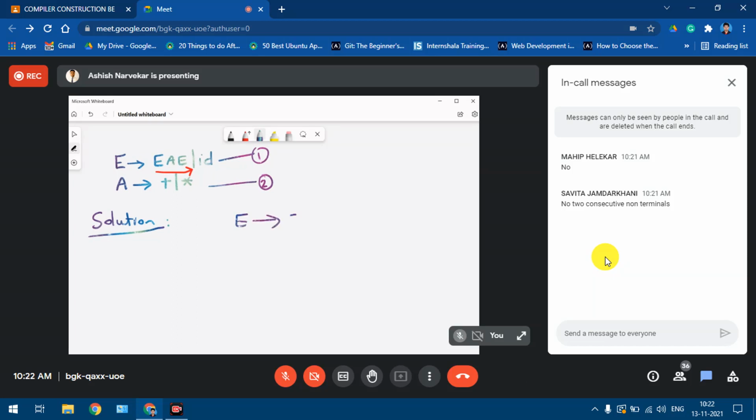Okay, the problem which is caused is here, in this particular part. This particular symbol, which is a non-terminal, has been defined as plus or star. So now, in the solution to this particular problem, what we do is we substitute production 2 in production 1. Okay, so what we can write is to convert